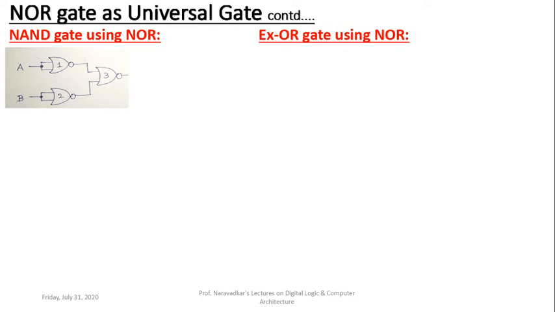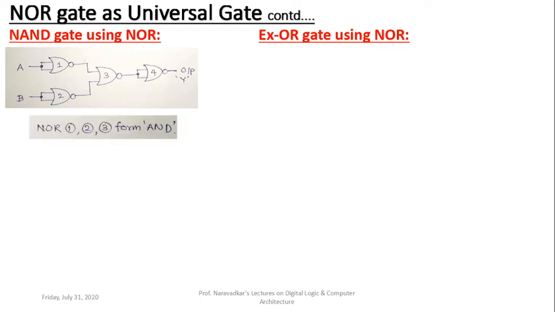So here is that AND gate. NOR gates 1, 2 are inverters. The outputs of NOR 1, 2 are connected as input for NOR 3. So this is basically the AND gate. And connected to the output of this AND gate, if there is an inverter, say NOR gate number 4, then the final output is nothing but the equation of the NAND gate. It means that in the design of the NAND gate by using NOR, we require a total of 4 NOR gates, which are shown just above. Now the equations.